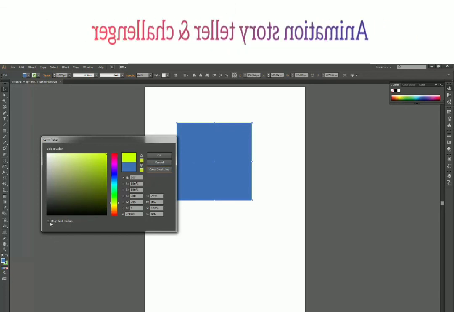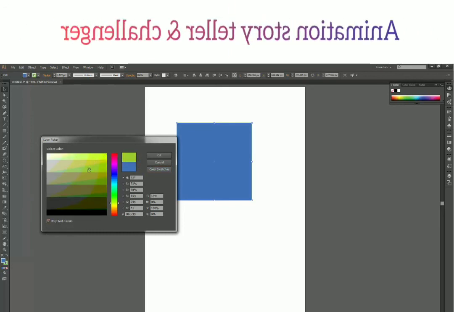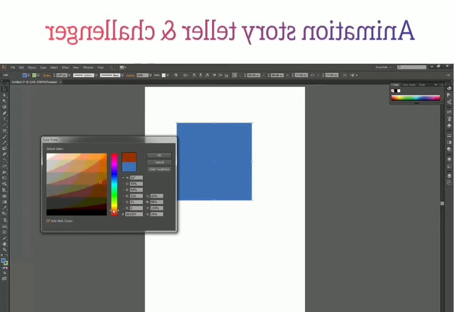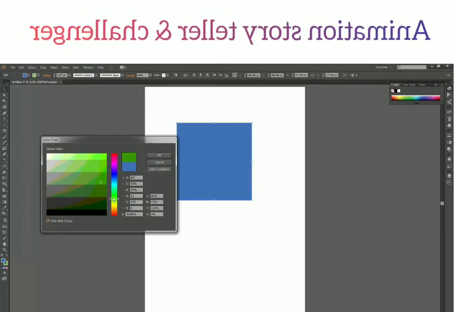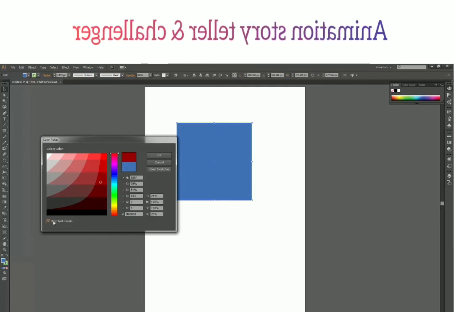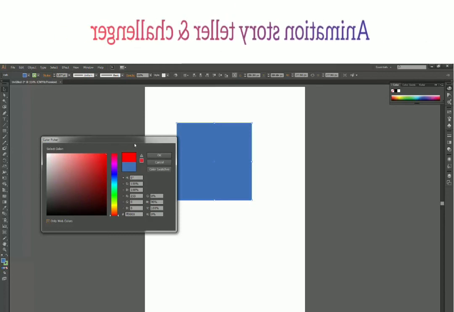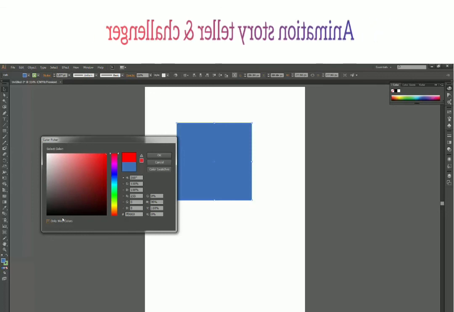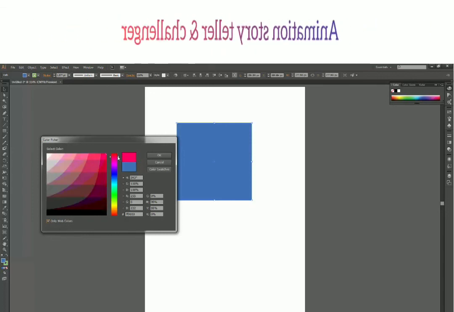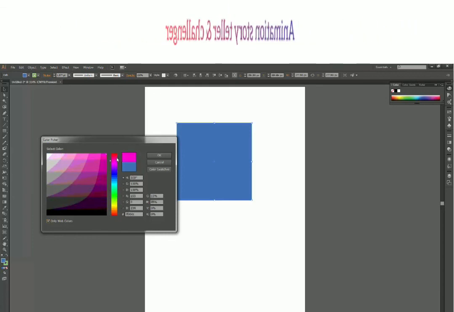Now we have this checkbox over here which says only web colors. When I click on this, I have this limited color information for the web. So yeah, it's a good option to know. I don't use it much because I have rarely worked on web. I actually worked on illustrations and cartoons, and you need really bright colors in that. I haven't used web color much, but it's good to know that you have this option, and it looks really good when you switch your hues from here. I think so.